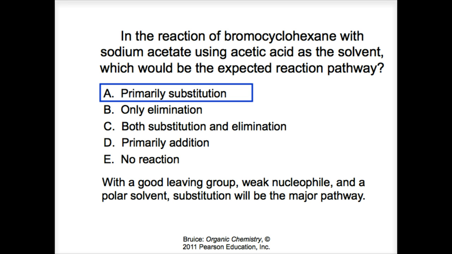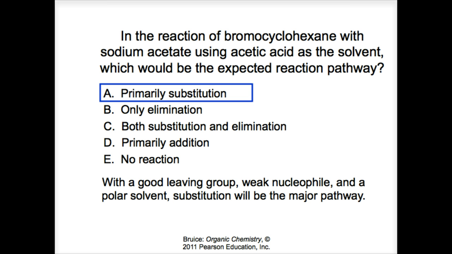Okay, let's look at why this is the correct answer. Best thing to do is to draw the structure of the bromocyclohexane. Of course, it's a cyclic compound, so you might want to use the chair conformation. With bromine and a hydrogen on adjacent carbons, it turns out to be a secondary alkyl halide, which can do SN2